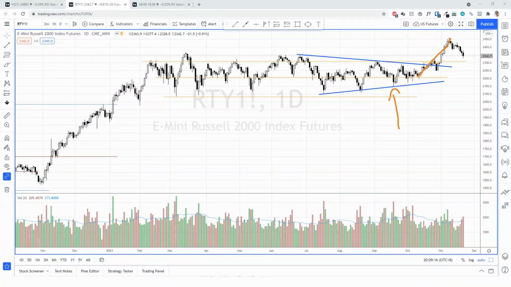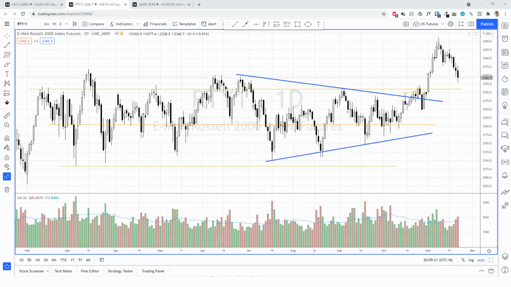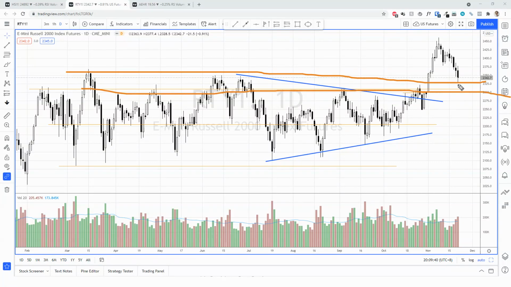At the moment, it has just come back to have a test of the breakout bar. This is the breakout bar that we need to pay attention to. At the moment, we see that it's coming back and going to test this breakout bar, which also coincides with this area. So this is the support area. If it can just bounce back up, I think that could be a very nice trading opportunity for traders. So do watch that movement as well.